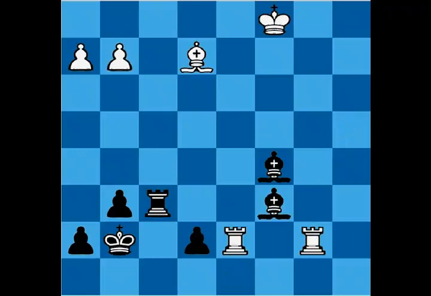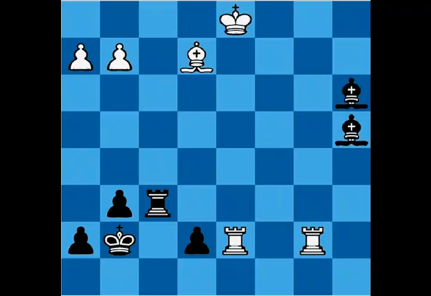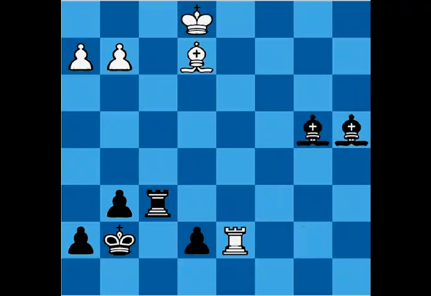White is anxious to give an exchange back and get opposite color bishops, but bishop a3 check, king d1, bishop a4 check, king e1, bishop b4 check. And now if white takes bishop on b4, which they have to, there's no choice in this position, then black took the bishop on d7